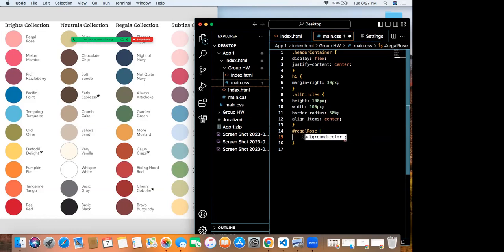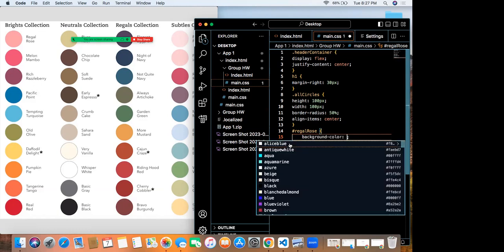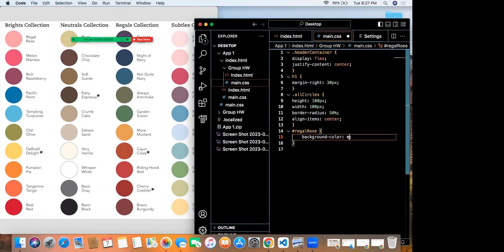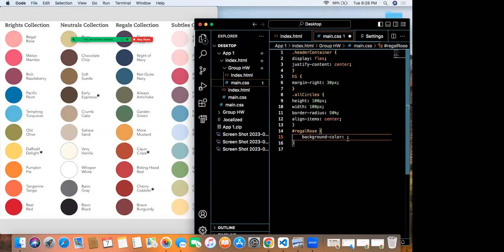Is my question. See, as soon as you start to type, it doesn't come up. Is that what it should be? I think you have to finish typing it for that specific color to come up. You think we need to put the hashtag? Oh, you can choose colors there. Oh, okay.